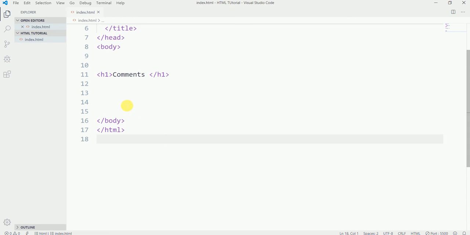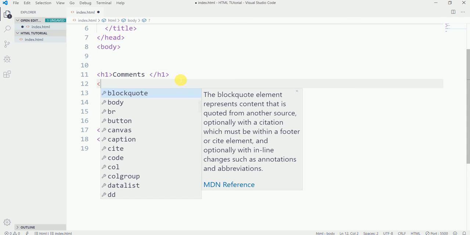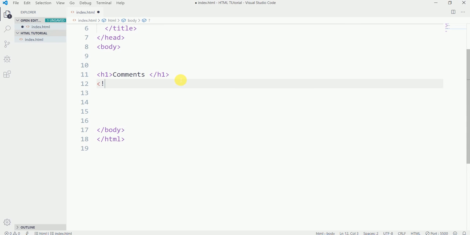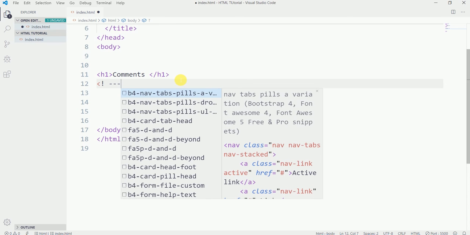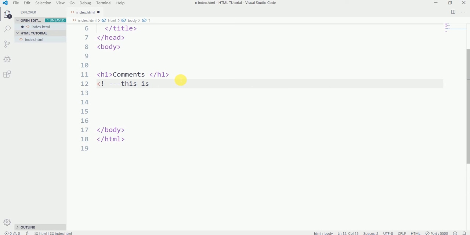I've already written the heading using h1. Now I'm going to start writing a comment. For the comment, we start with an exclamation mark, or exclamation point, and then we use the hyphen signs beside the plus and equal sign. So in here, in between these lines, we can say that this is about